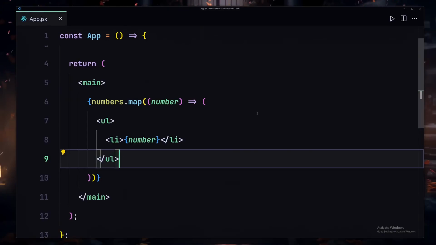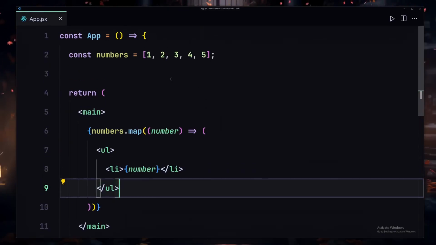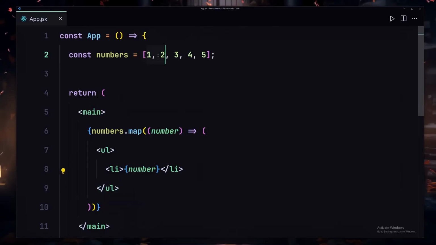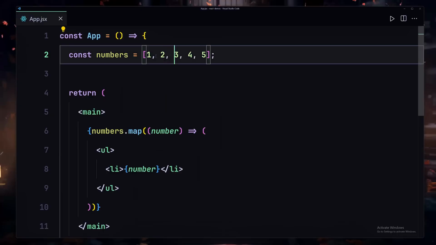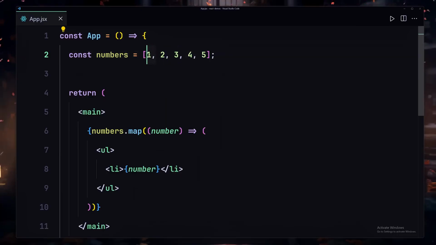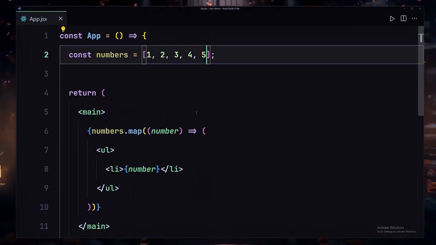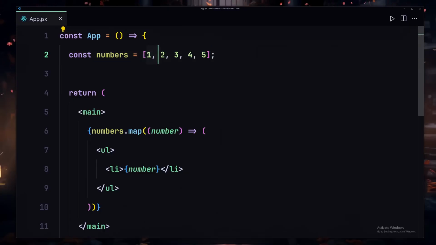We are getting this error because later in this course we are going to be learning about something called state, and state will allow us to mutate or change these values. Like, let's suppose I want to remove something from this array, or add a new element to this array, how can I go about doing that? For that we are going to be using state. We are not there yet, so we are not going to be discussing state right now, but you have to keep in mind that anytime you want to change something inside this array, we have to first of all